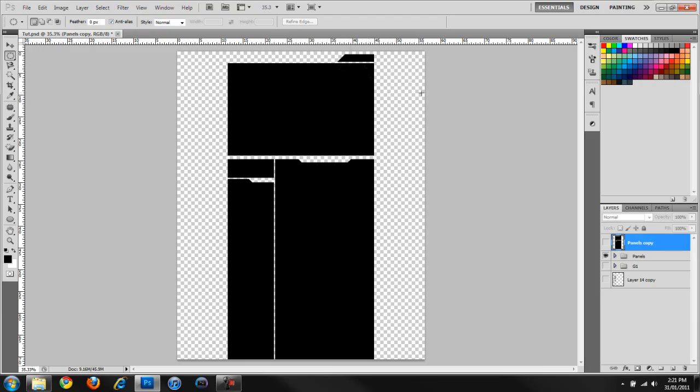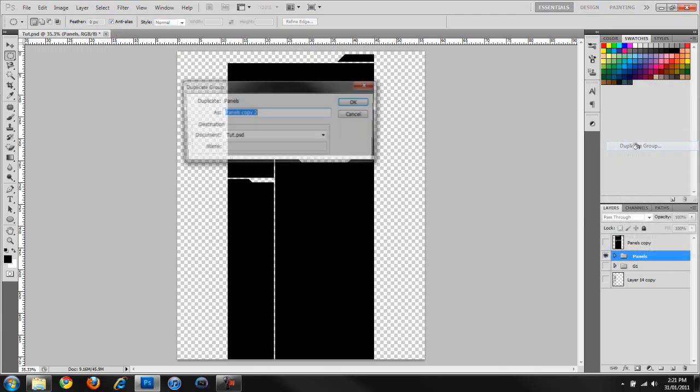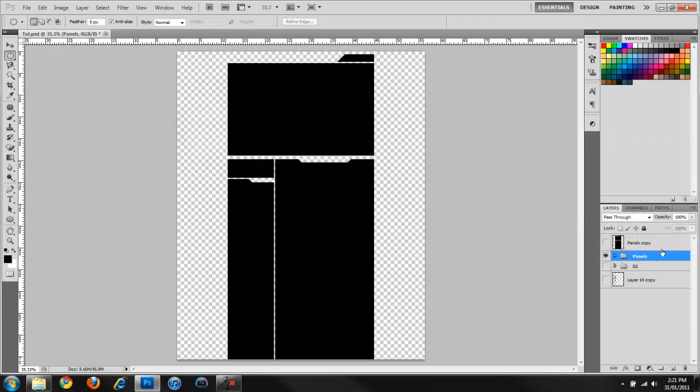I think it looks nice, but it might not look nice to you. Doesn't matter, your choice. Okay, so what I did is I made a duplicate of this group and I merged group. So right click, merge group, and that gives me this layer right here. And what we're going to be doing today is we're just going to be